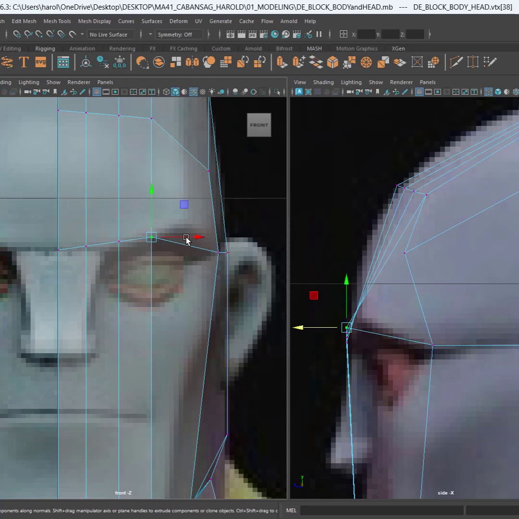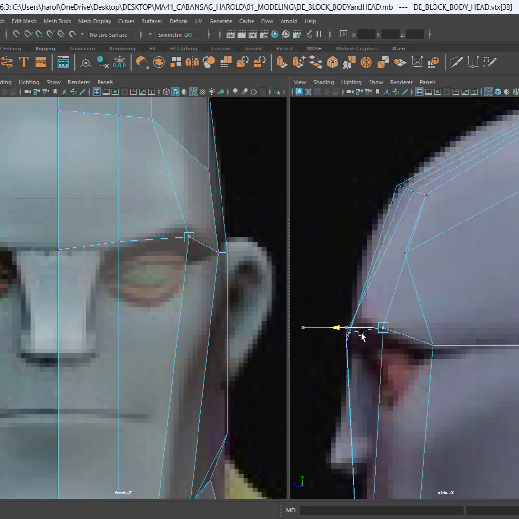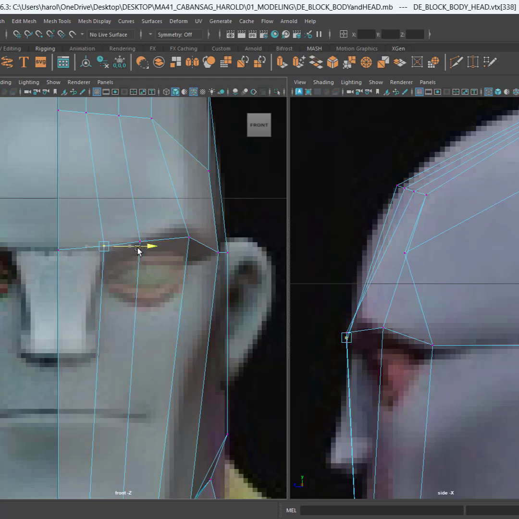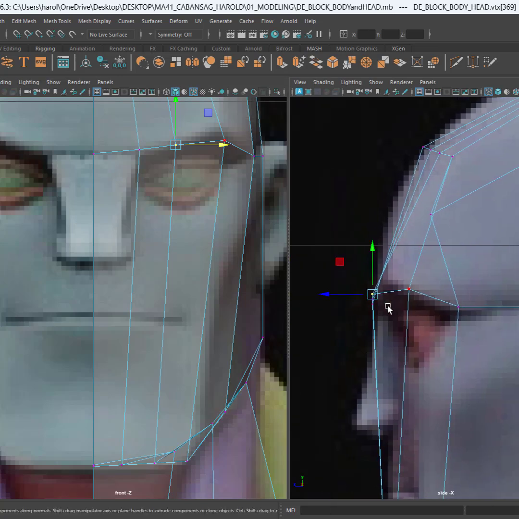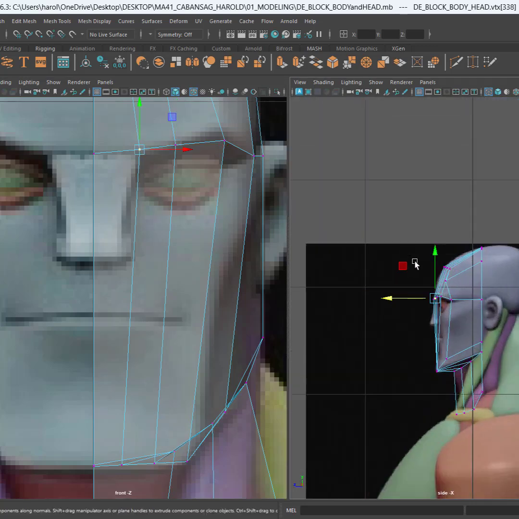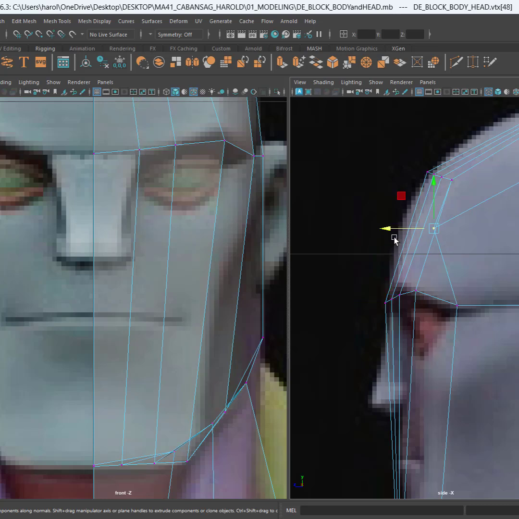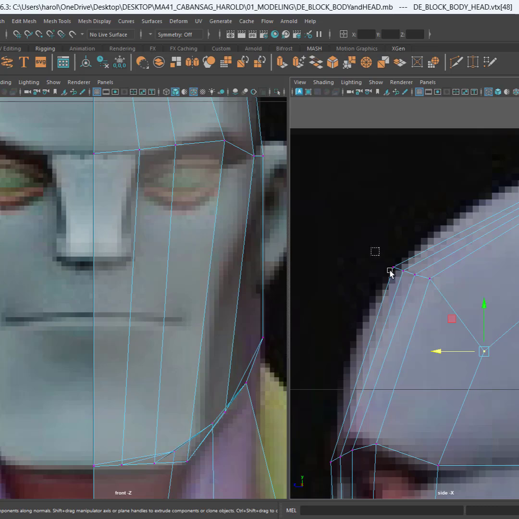So now I can drag this to the brow area and I can push it back accordingly. This one also I can drag here so that the nose can be well defined there, and then this I can further push back down. The face is a detail, so I will not yet add any other or insert additional polygons, but what is important is the contours